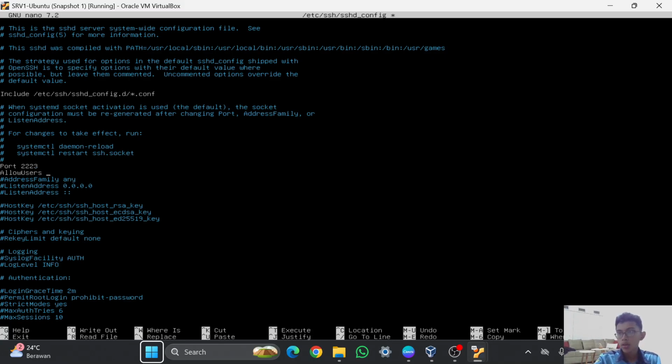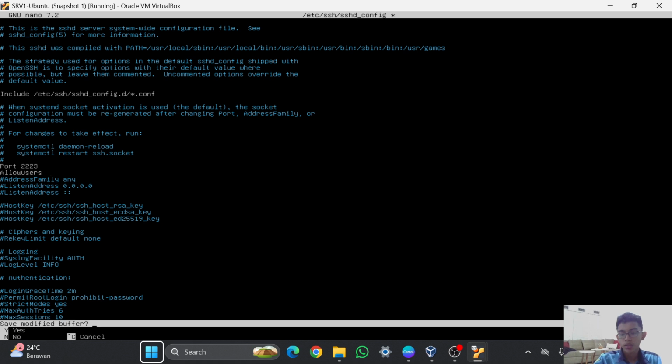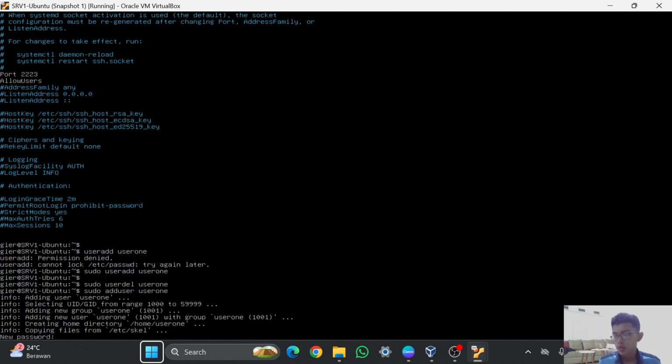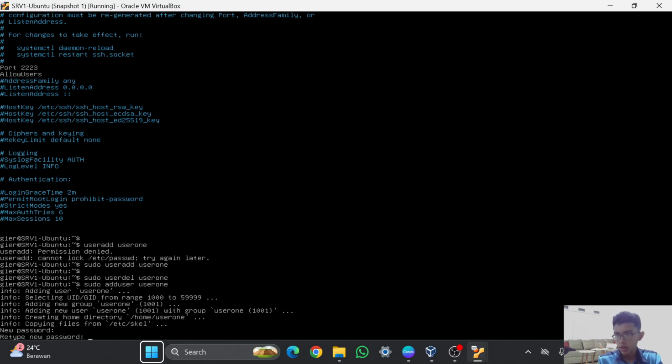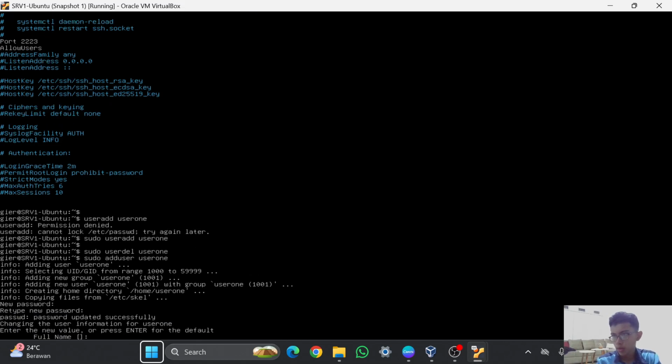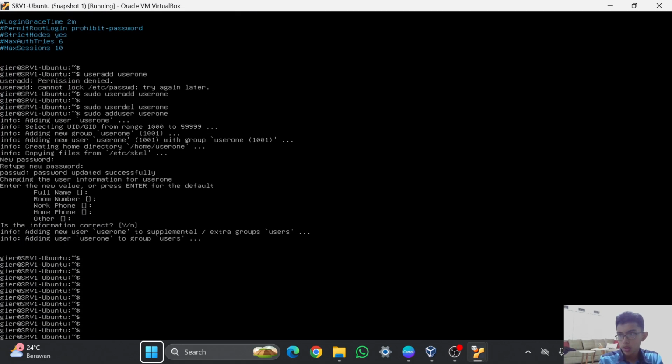And then, oh yeah, I forgot guys, I need to make a new user first. So in here I will add a new user using this command, which is sudo adduser user1, and for the password I will set it like this, and you cannot see what the password is, and I will just use the defaults. And I will make another user with the name of user2.